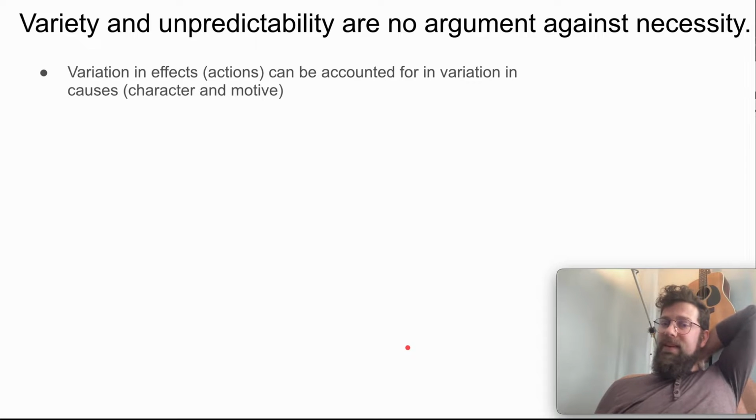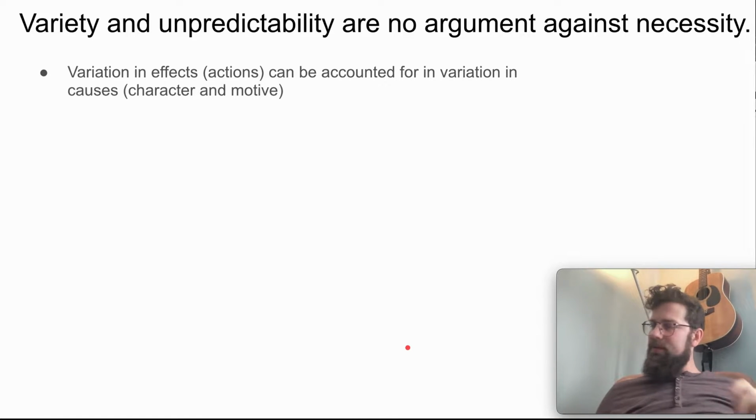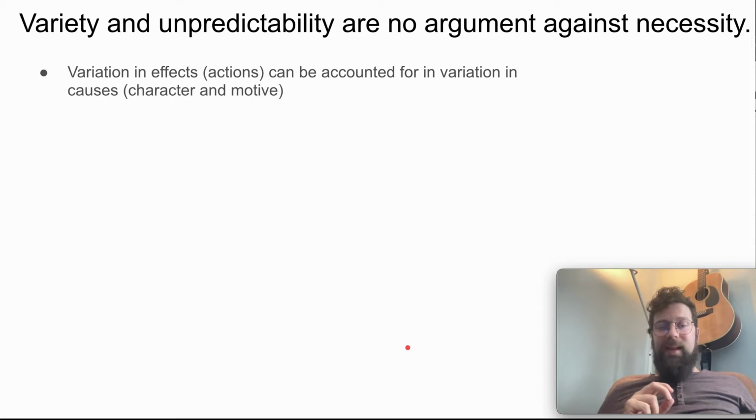Right? So we might say, why is it that when I roll a die, sometimes it turns up a 1 and sometimes it turns up a 6? Well, he's going to point out that you were holding the die a little different the first time, and you were throwing it in a different way from a different angle with different sides up, right?